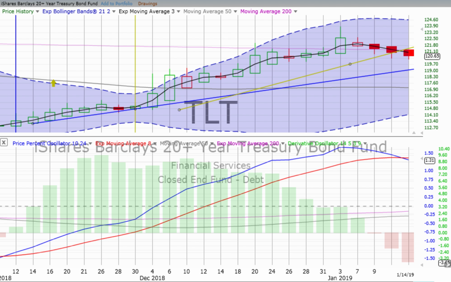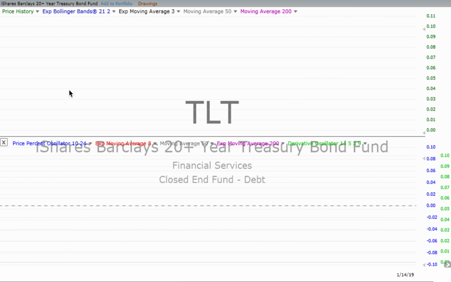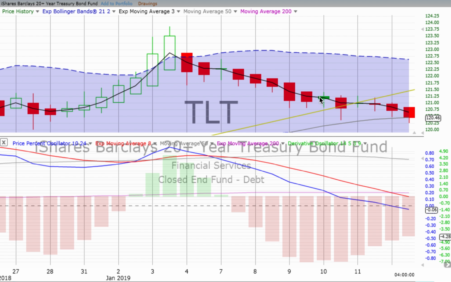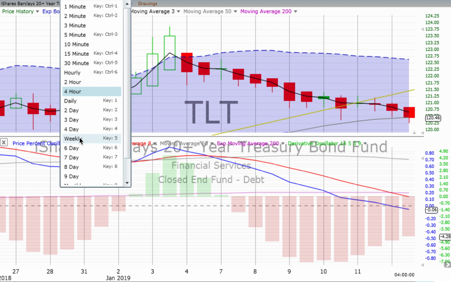Derivative oscillator gaining downward momentum. And of course, we look at that 4-hour chart. It crossed over going down all the way back on the morning of Monday, January the 7th, and of course been trundling down since then, down in the morning, further down in the afternoon on Monday. Derivative oscillators losing downward momentum, but that price percent oscillator still trudging down. So we'll just wait and see how bonds shake out and just what's going to happen. Again, all of this could just be digesting past moves and may get back moving in the same direction they had been before. Things are just iffy right now.